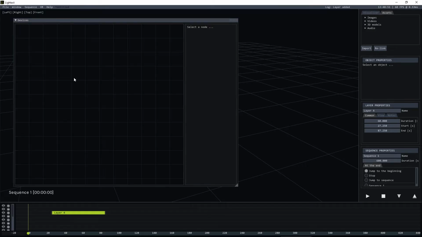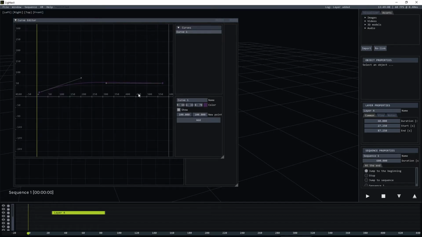In the devices window, you insert all the devices that Lightact can communicate with. For example, UDP, TCP, OSC listeners or senders. You can insert audio inputs, outputs, and so on. In the curve editor, you can adjust the curves